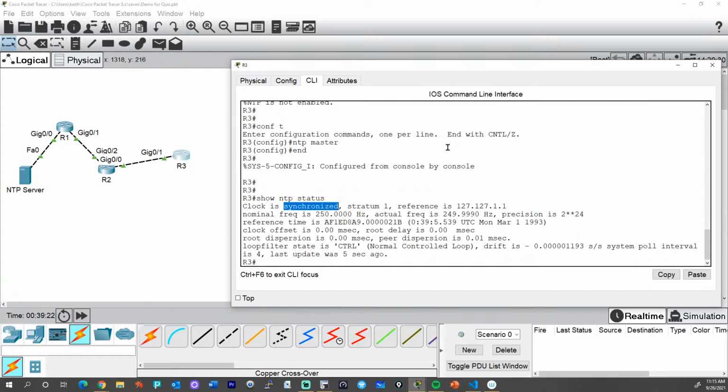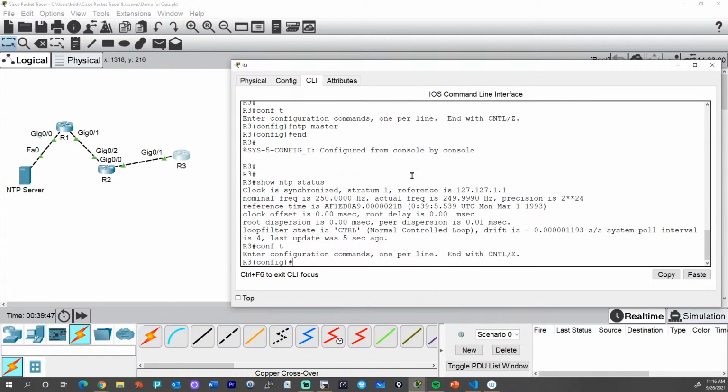So if you have a network where you can't reach a real NTP server or an authoritative NTP server, you just want one of your routers to be authoritative, you just use this command, NTP master followed by the stratum. It appears based on this output that the default is 1. However, that could vary based on the IOS and so forth. So that'd be an example of when you would use NTP master, when you want this device to be an authoritative server. So I'm going to go to configure from terminal.